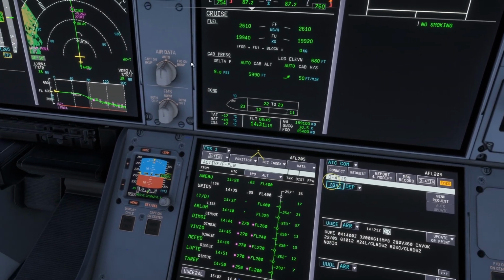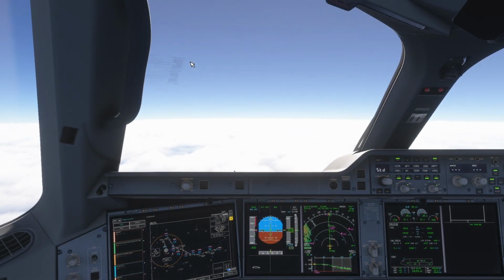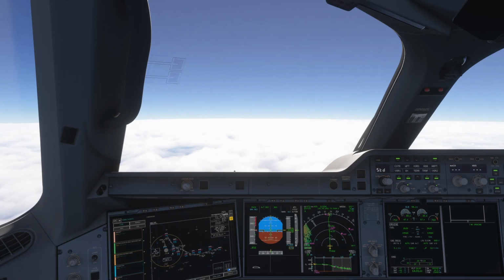The flight has been going on now for roughly over 6 hours. You may have noticed we departed a lot earlier, and this flight is supposed to be 7 hours. In full honesty, this is my second attempt at this flight. The first attempt, the one that I recorded, I had a crash to desktop over Mongolia because I was trying to change the level of detail so the ground textures look a lot nicer.